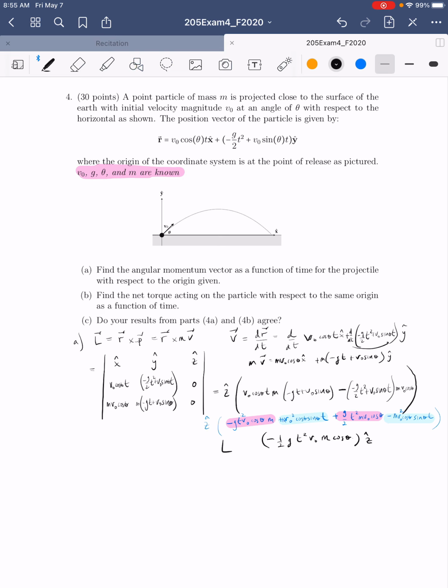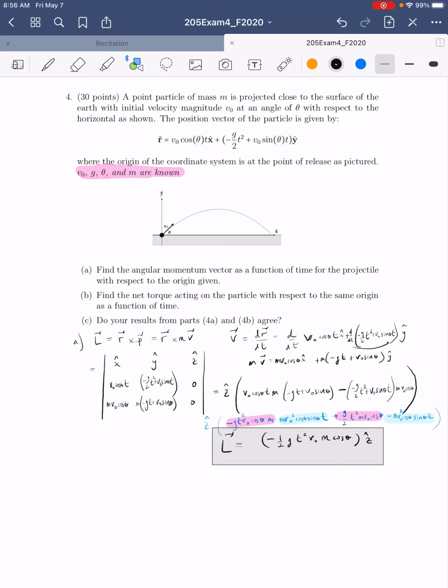This is the angular momentum vector as a function of time. Looking good. So you can see that it's always going to be pointing in the negative z hat direction, which is into the board for all time. And then my next step